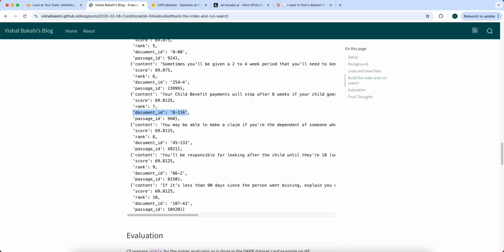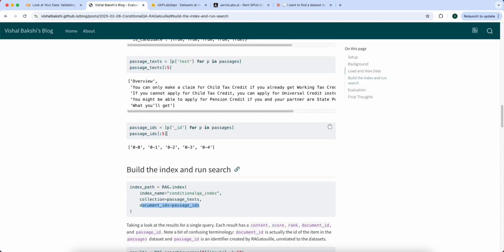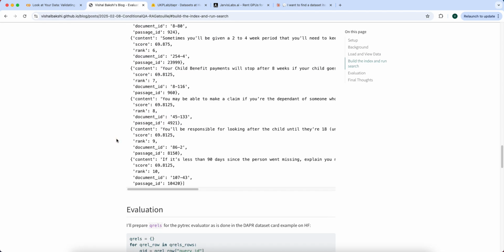A little bit of a confusing part is they also have a passage ID, but that passage ID is more of an internal RAGatouille passage ID. Think of it as the index of the passage. So this is the 960th passage, or I guess 961st passage. Whereas document ID, if I understand correctly, is from the collection that we gave it, this list of passage IDs that we gave it, and these passage IDs were the underscore ID in the passages dataset. So we're interested in this document ID, even though